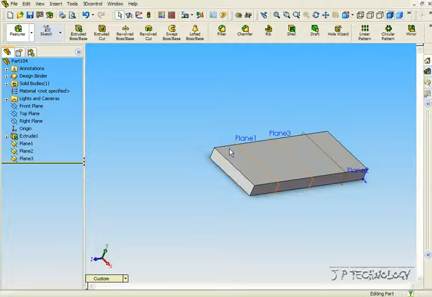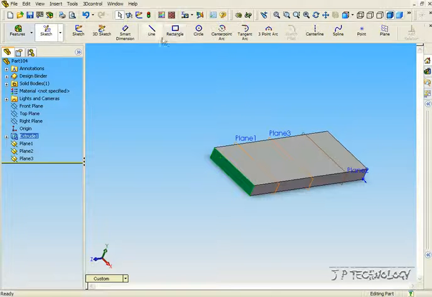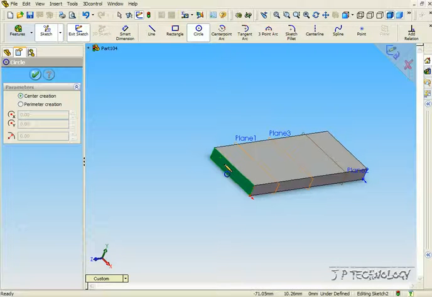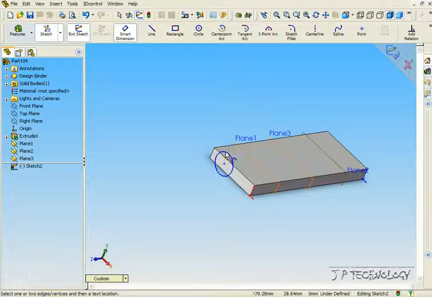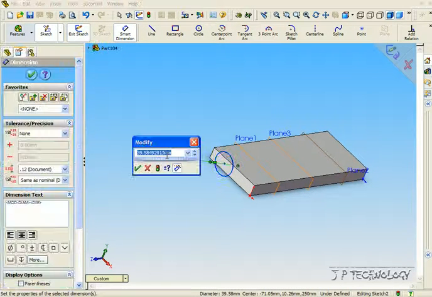So the first one I'm going to show you is how to use a circle, and the last one I'm going to show you is how to use a polygon. So the first one for the circle, let's start sketching 5 different circles. So click on this face here, click Sketch, click a circle, and just draw a circle on there. And let's dimension this circle. Let's make this first circle